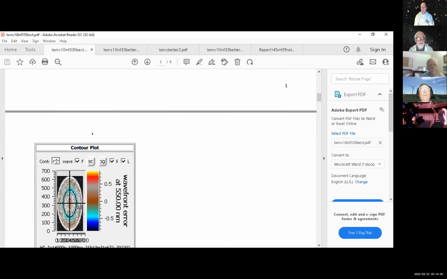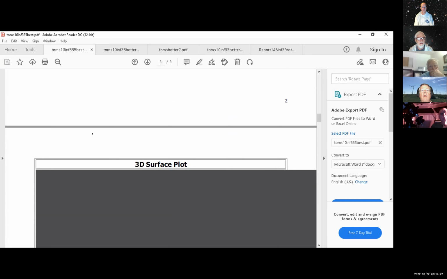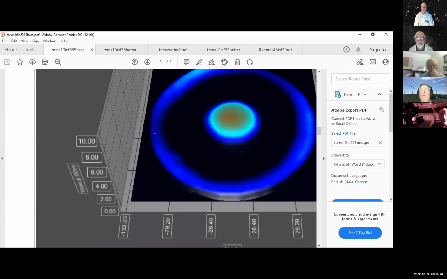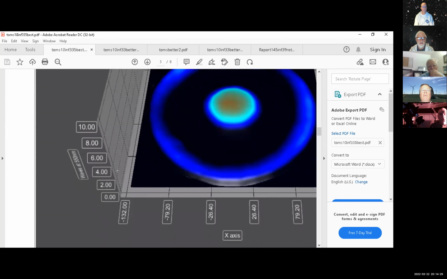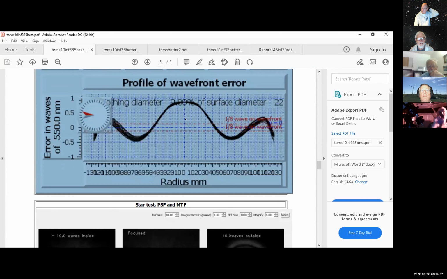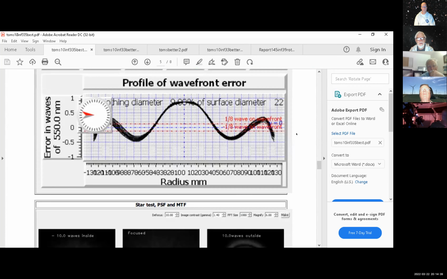So if we go down to what it looks like, this is what it kind of looks like. It doesn't look too bad from this representation, unfortunately. The view doesn't show it, but it's got a high central hill, and I could show you. Here it is right here, okay? Yeah. So if you cut that field out, can you give the quality of the mirror with that field masked out for the center? Well, the thing is that,